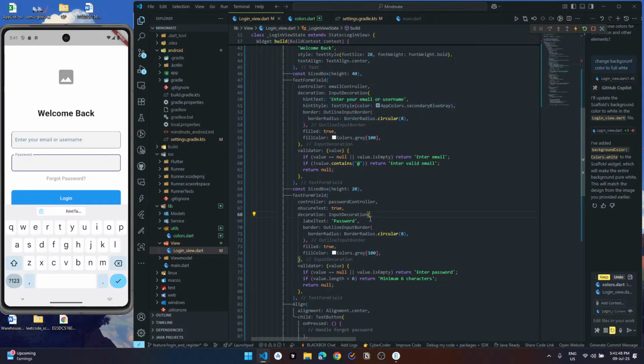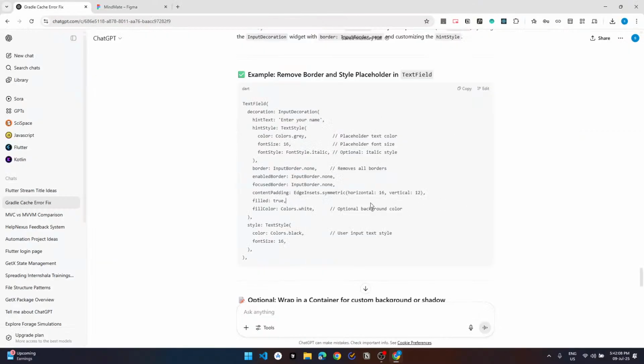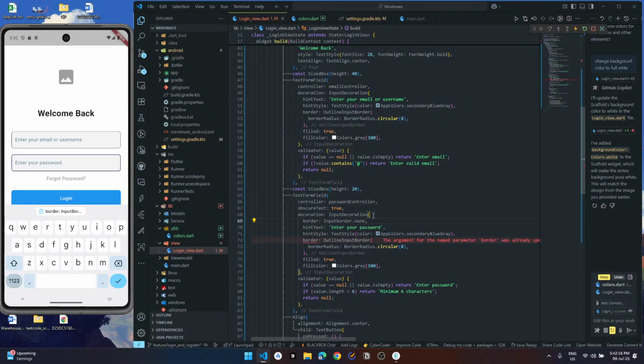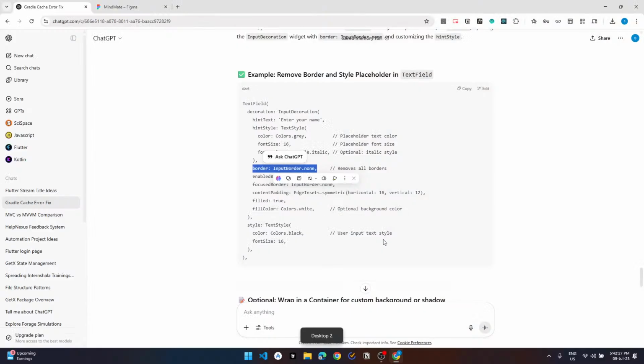Same thing will be in this. Instead of using this label text, we're gonna use this and remove this password. And yeah, now we don't need borders around our border input, none. So we don't need borders, right? Okay. Inside border, where do I need to place this?